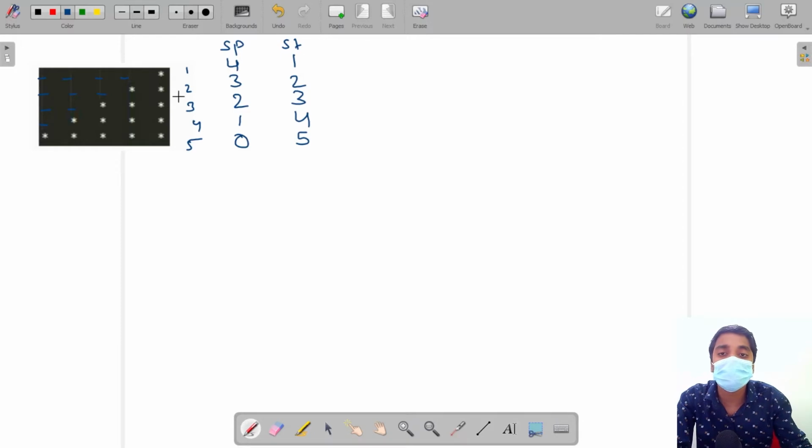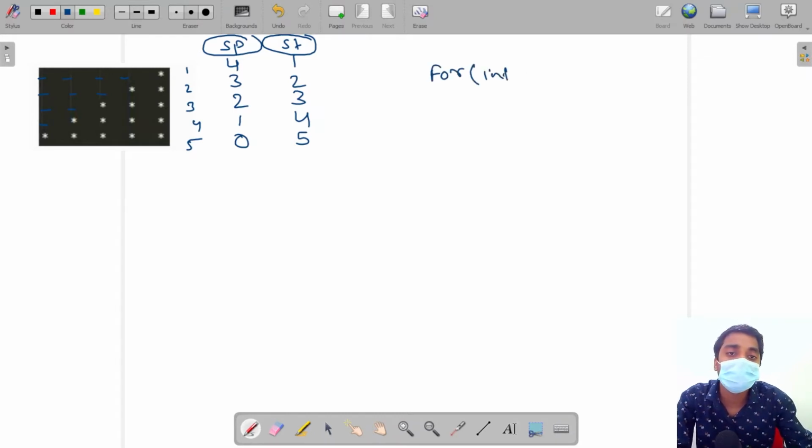So we can see here at each row we need to print the spaces first, then the stars. For printing spaces and stars we need to control the values of spaces and stars to print them. For example, we need to print all the rows. So the row will start from 1 and go till n.